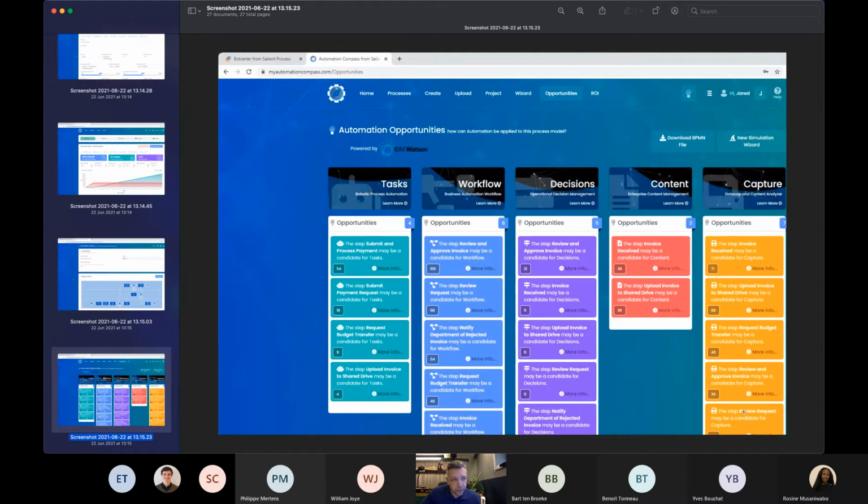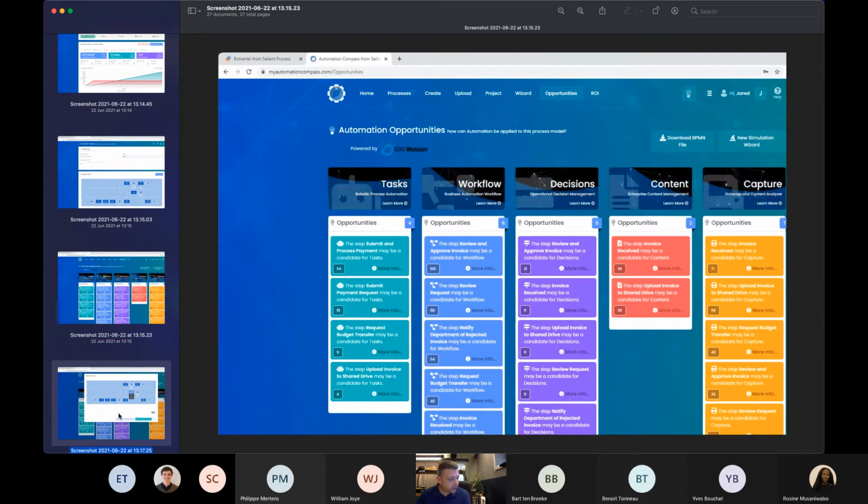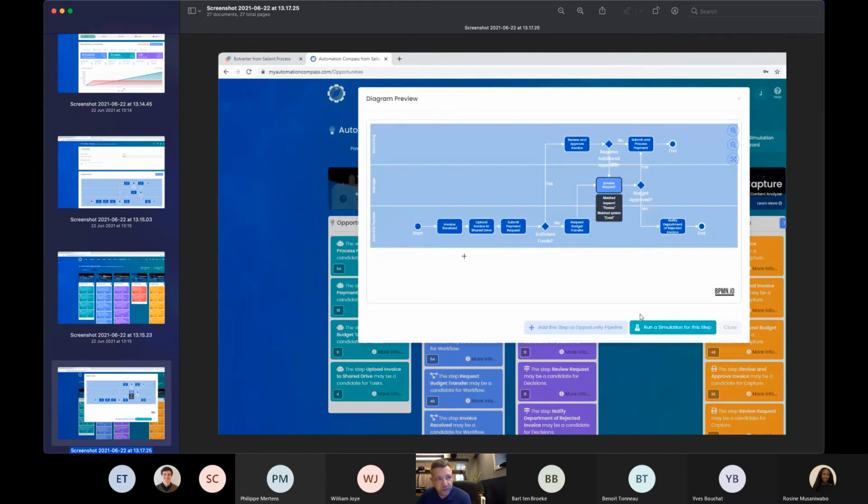Okay, so basically what it does is what a solution architect nowadays does at our business partners, or what we do in pre-sales as well, which is looking deeper into what the design of a process is, and then say, this is why it fits, in fact, the value of the Cloud Pak for business automation. And then it goes way beyond this, because you can start digging into the process itself and say, okay, look,